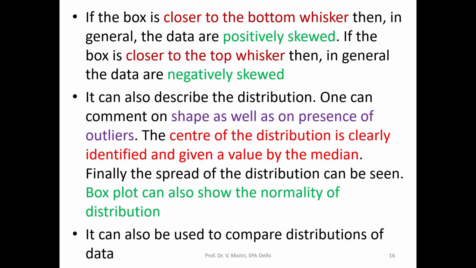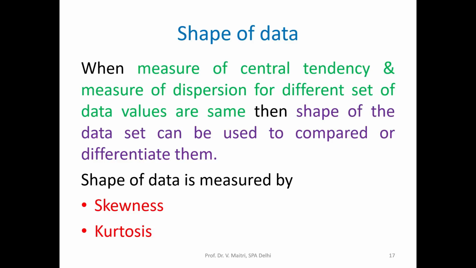So this box plot helps us in finding out outliers as well as extreme values, as well as having an idea of skewness, and the type of distribution. So by this we are able to conclude our methods related to central tendency as well as variability. Now we will go for the shape of the data, that is asymmetry.